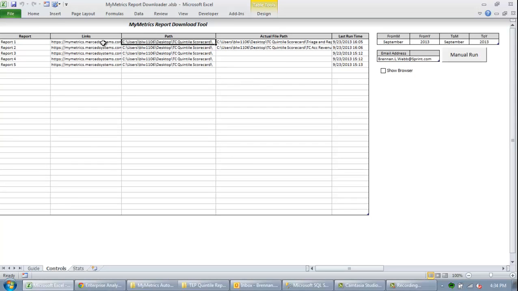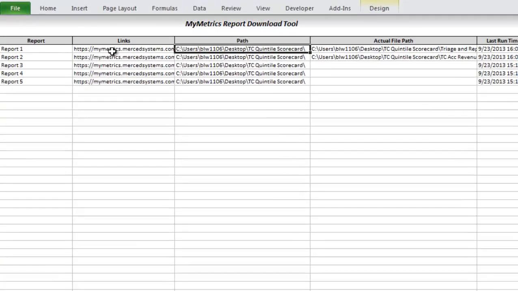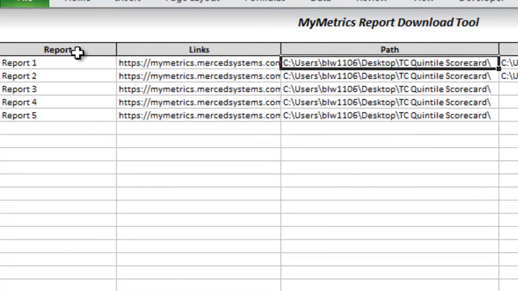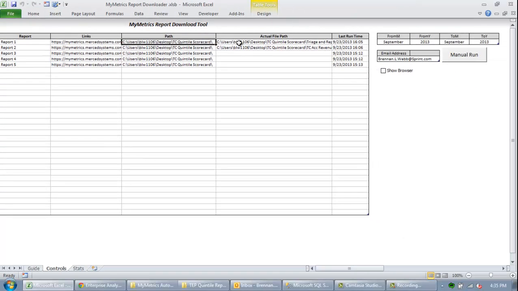So really the only ones that require manual input one time are these three fields right here: the reports, the links, and the paths. What will happen is as you work through, as you go ahead and click on your manual run, and before